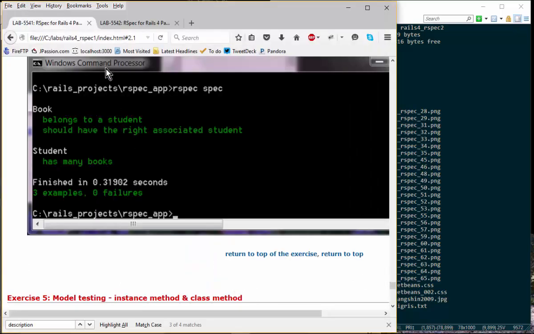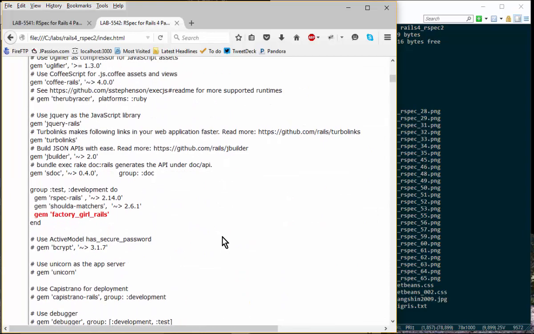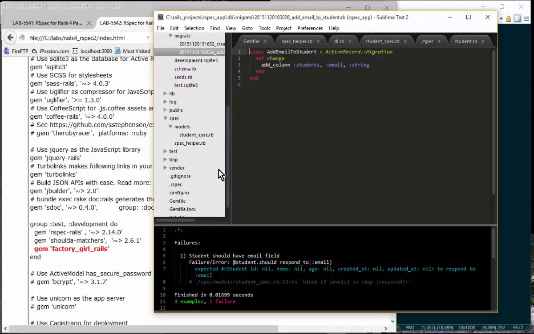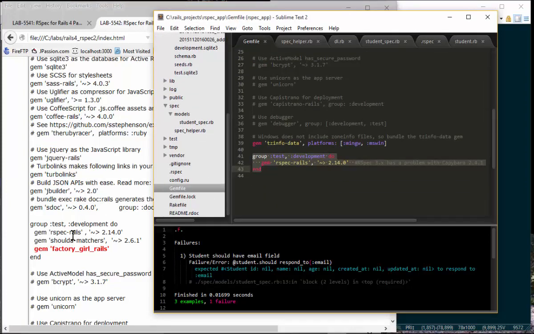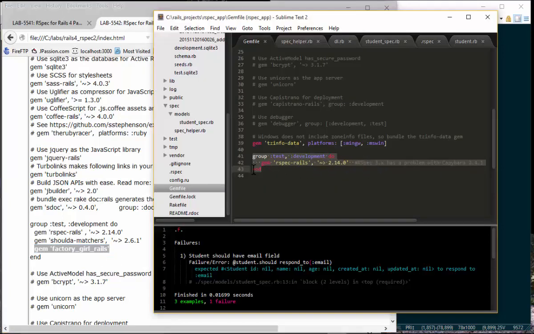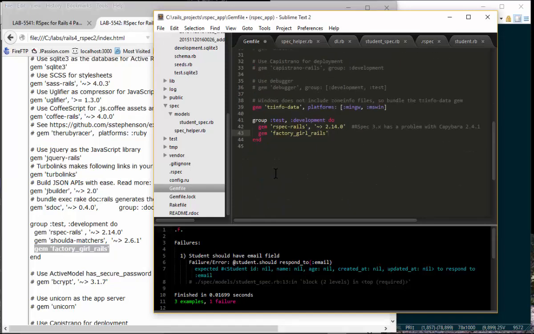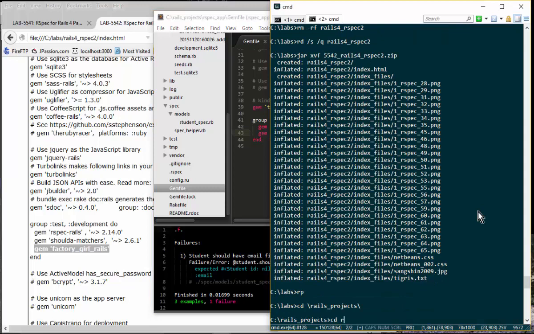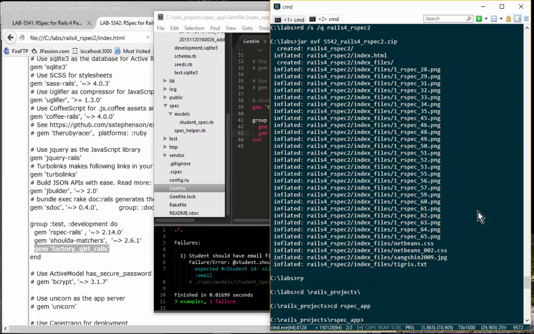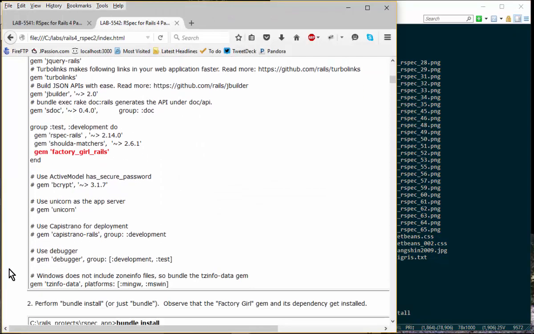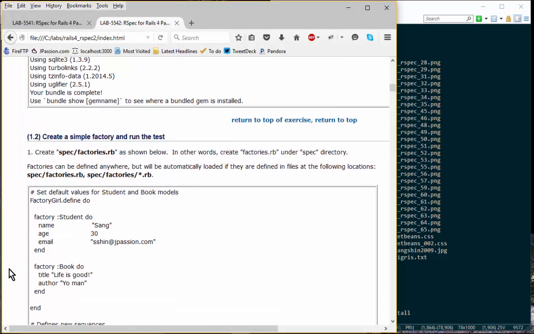So exercise 1: we are going to add the Factory Girl gem. Here we go to the Gemfile, and we are going to add this one, Factory Girl, and then save the change. And then we are going to run bundle install, so it will install Factory Girl. Okay, and then we should be able to now create